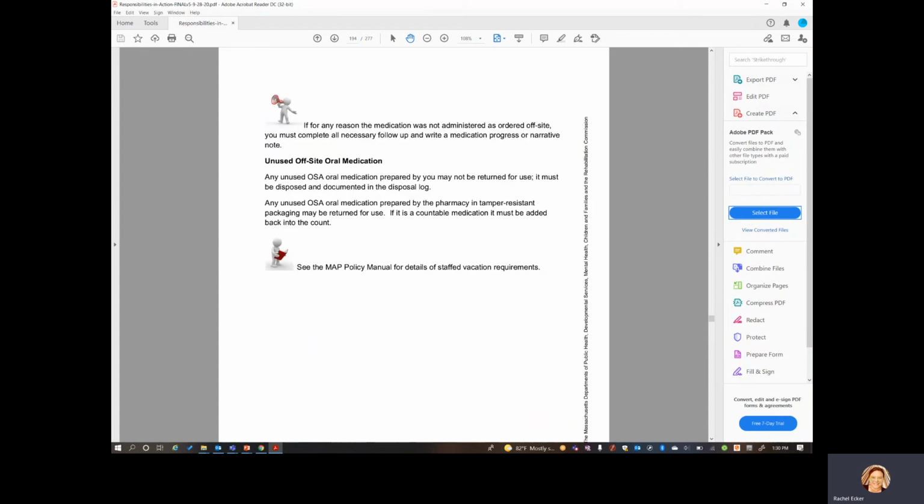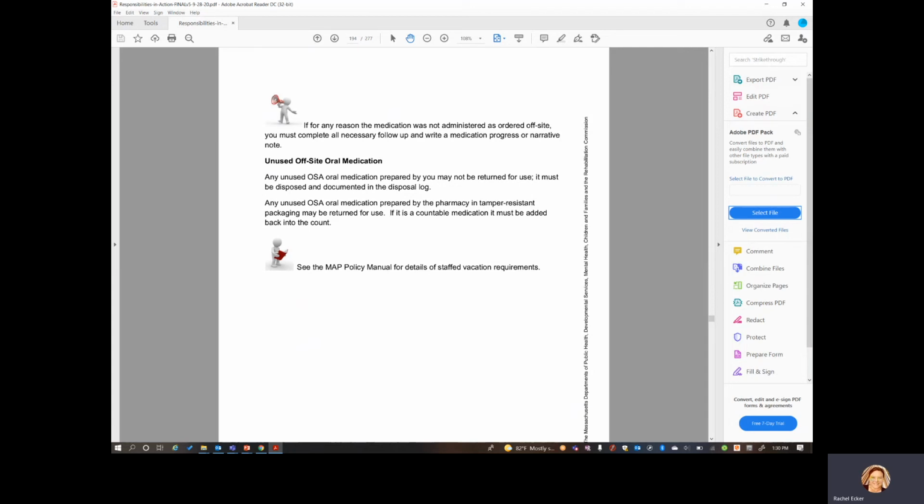If for any reason the medication was not administered as ordered off-site, you do need to complete all necessary follow-up and write a medication progress note or narrative note. And this might be that they refused it, or maybe you forgot, so it might need to be reported to a MAP consultant, or call the healthcare provider if maybe they had parameters that you needed to follow, such as a blood pressure or taking a pulse, and it was outside of the parameter.